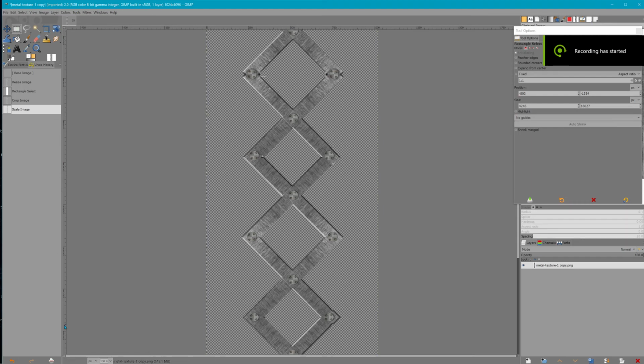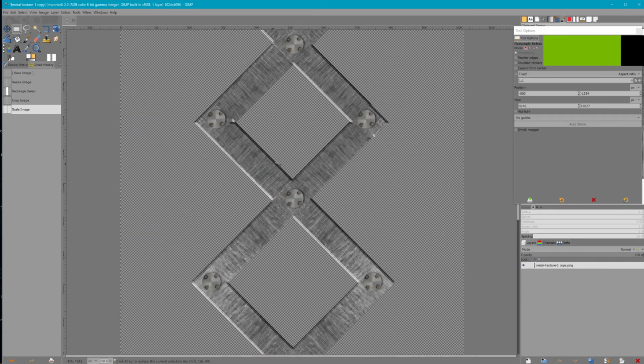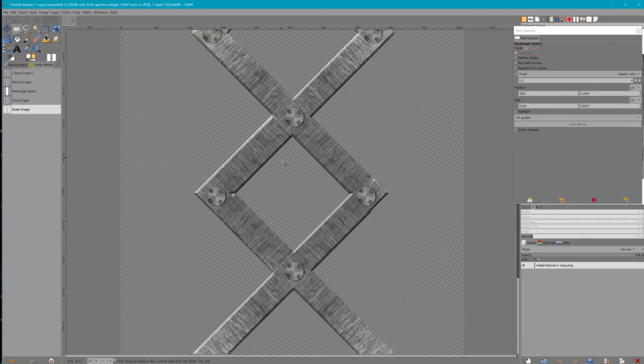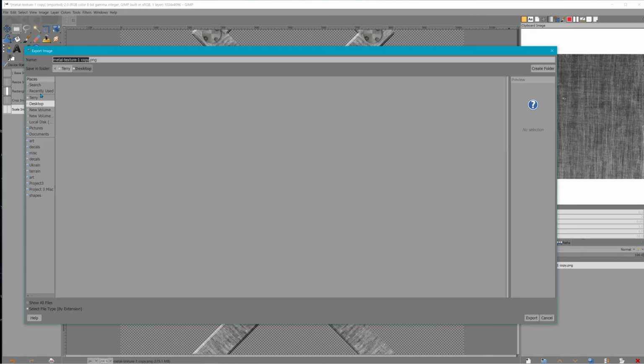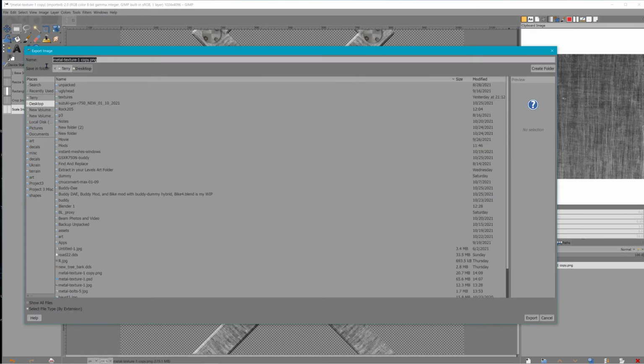I just made this texture for the spike strip, which will be, all this will be transparent. So what I'm going to do is export it as a DDS file,